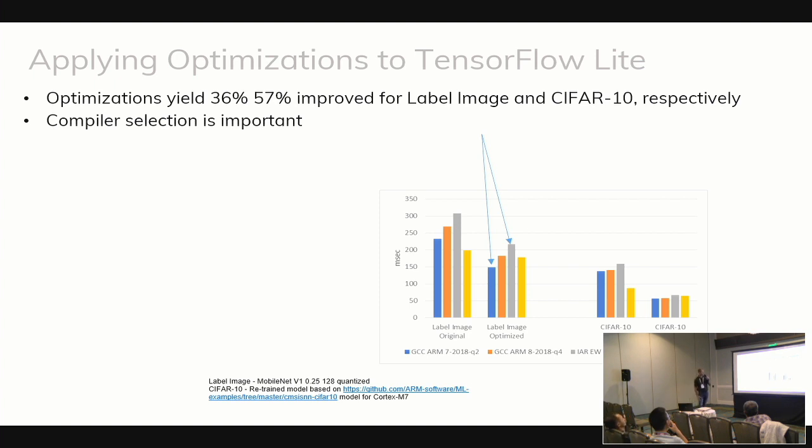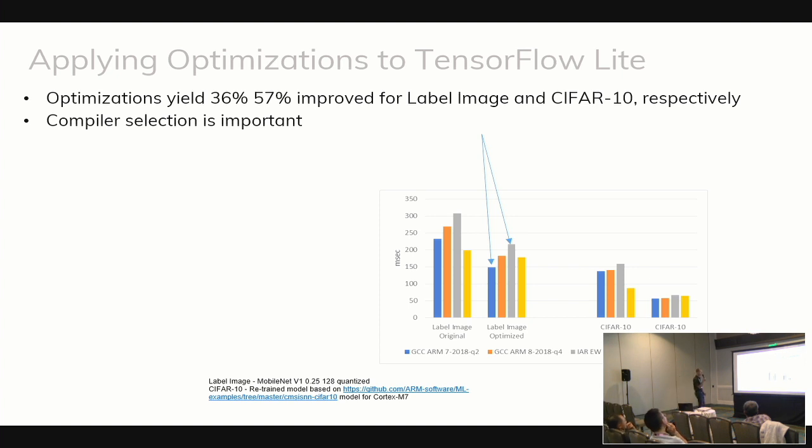And the next slide shows some of the performance differences. This was run on an MCU, so we use smaller benchmarks like Label Image and CIFAR-10. But you can see here, this stack is Label Image, or these are both Label Image, and these are unoptimized and these are optimized. So you can see that there's about a 36 to 57% improvement based on these additional optimizations that we've done